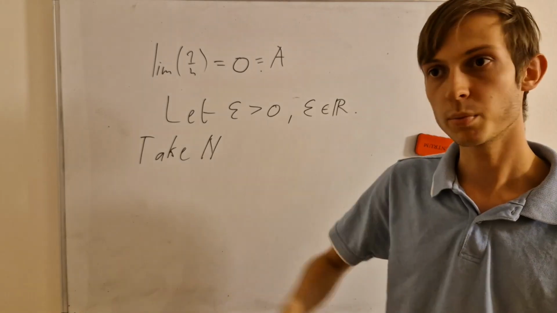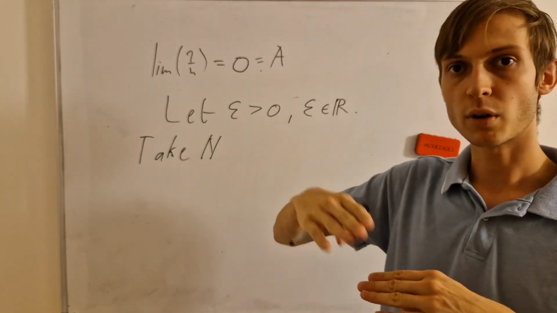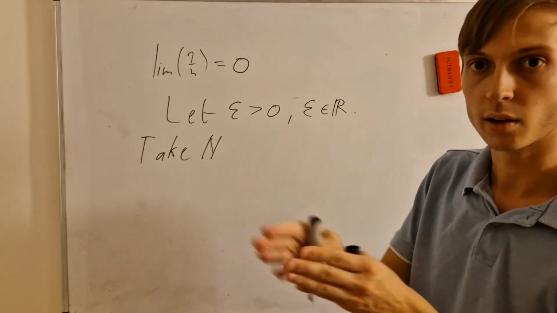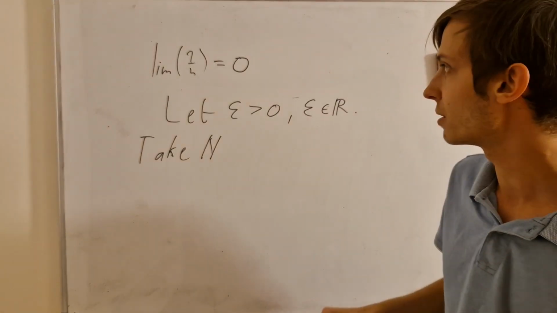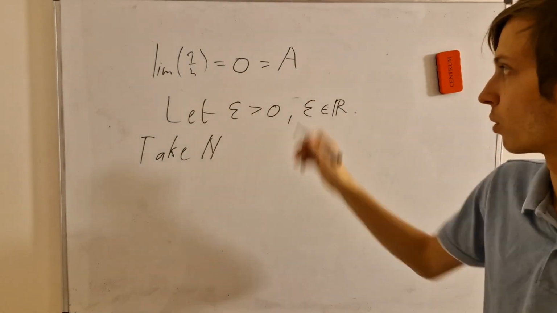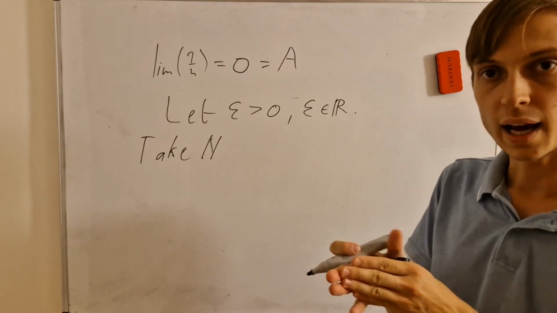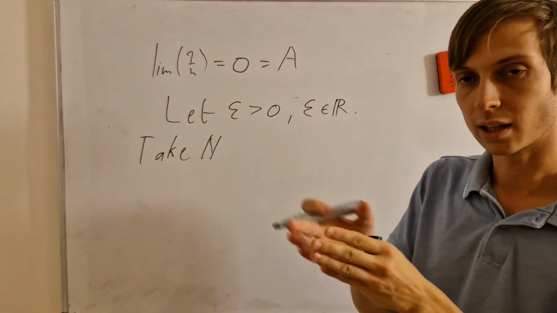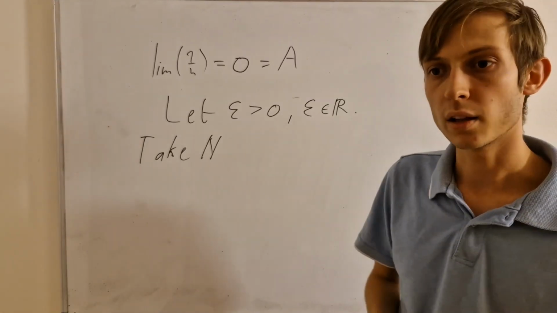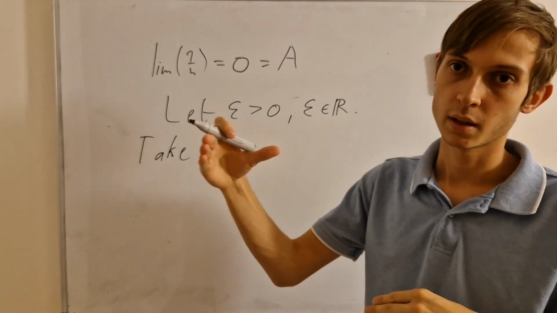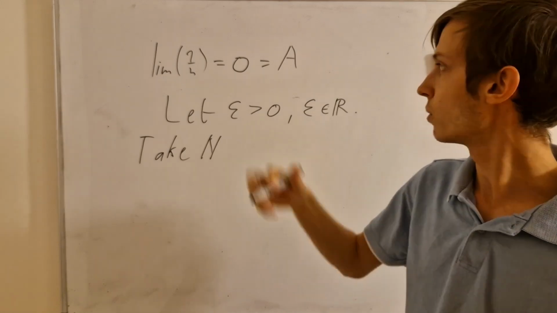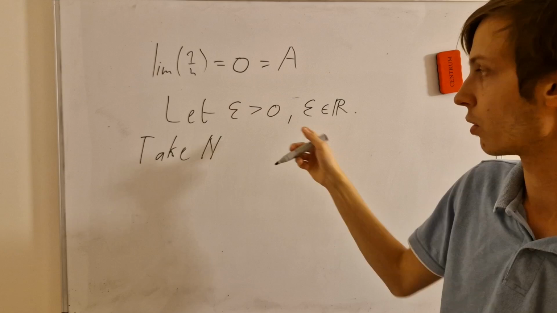And we say that beyond some input, capital N, the difference from the limit, that's the 0, equal to a. Generally, the limit, the convergence value of a sequence, is labeled, for example, as capital A, in this case 0. After some capital N as an input to the sequence, for every higher natural number than that, the difference of the actual value of the sequence from the limit, which is 0 here, will be smaller than any possible positive real number epsilon.